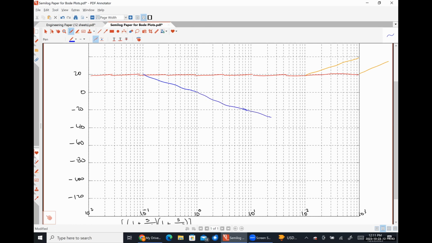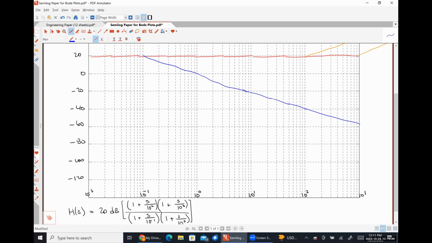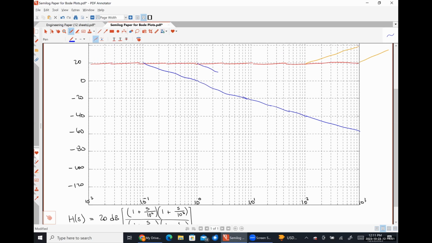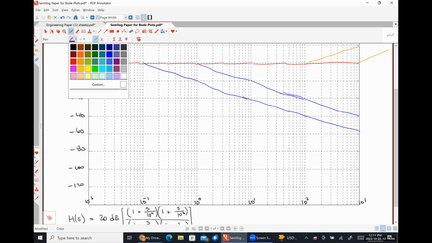That's going to keep on keeping on. We also have a pole at 10 to the 0, if I'm not mistaken. So putting all of this together,